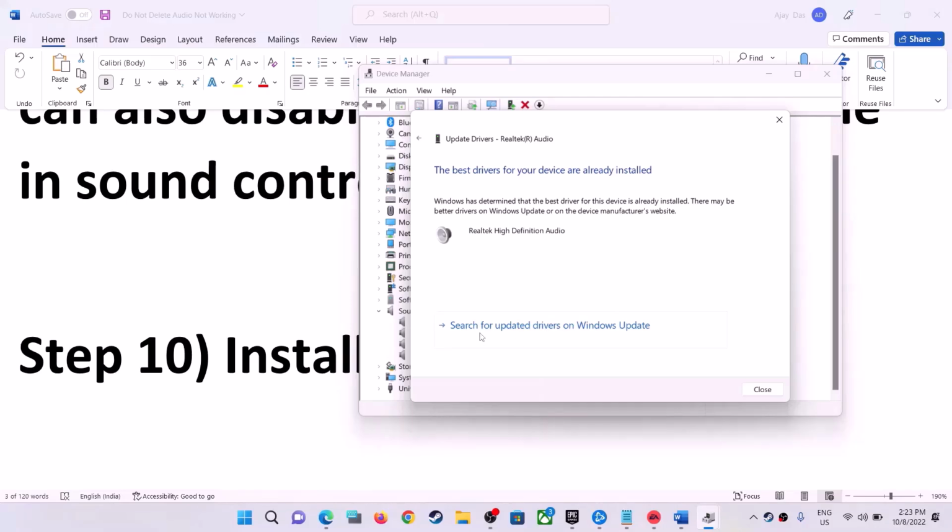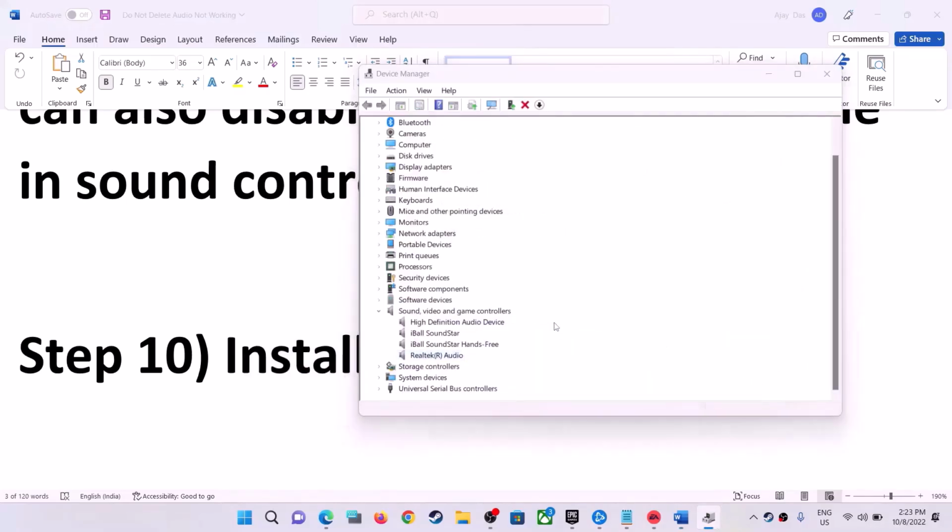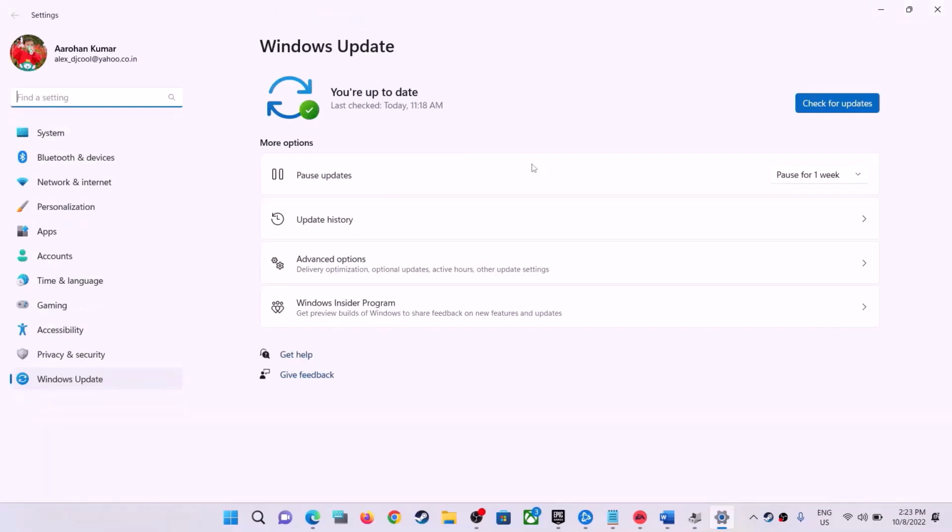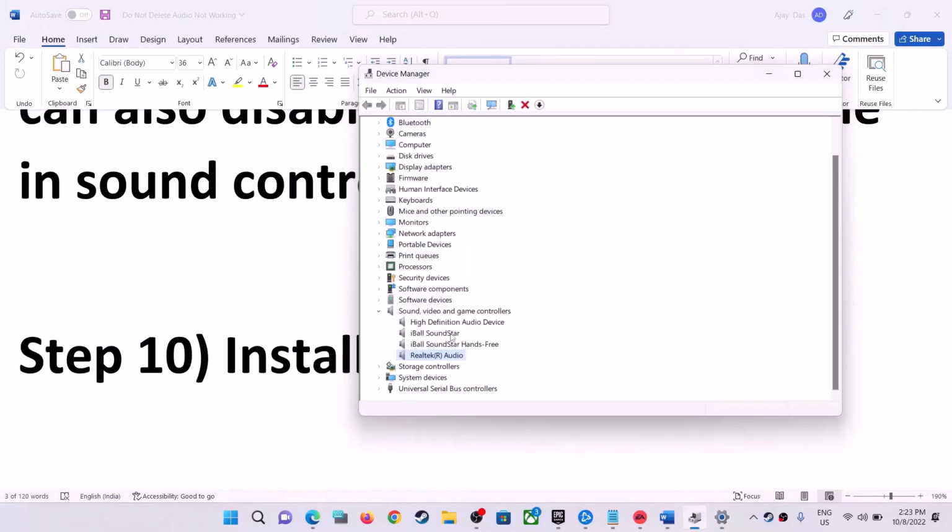If that does not work, then click on Search for updated drivers on Windows Update. This will launch Windows Update. If there is any update, in my case there is no update, so if you find any update, install it, restart your computer and then launch the game. If you're still facing the problem, then right-click on the speaker and then click